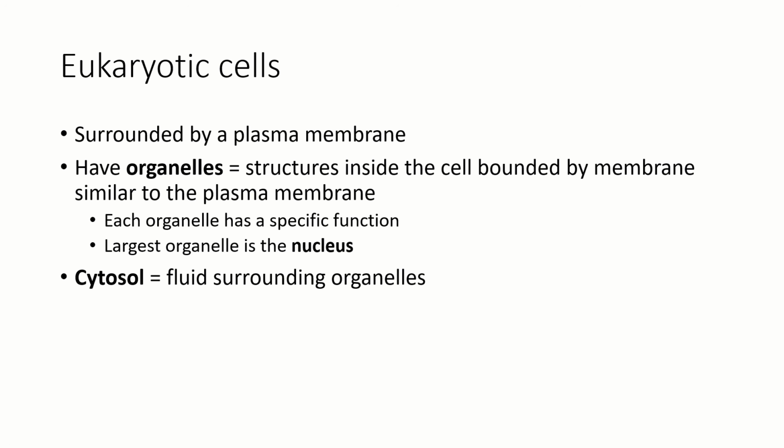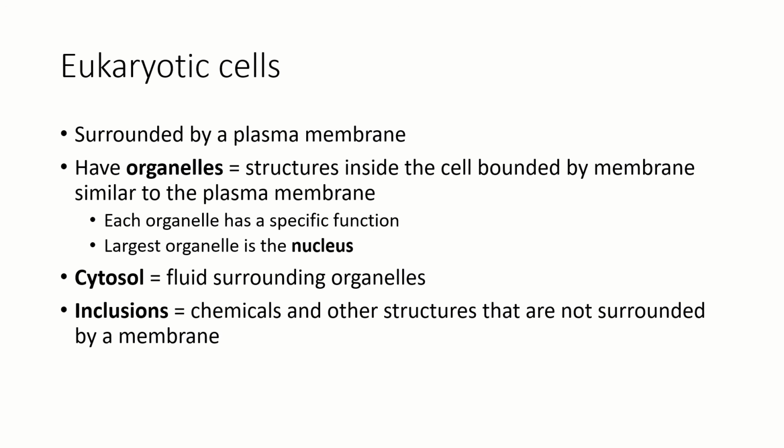It's mostly water. It does have some ions and small molecules dissolved in it. It surrounds all of the organelles and all the structures inside the cell. Eukaryotic cells also have these things that we call inclusions, which are chemicals and structures that are not surrounded by a membrane. So the ribosomes, don't worry, we're coming back to those, they are inclusions, not organelles, because they don't have a